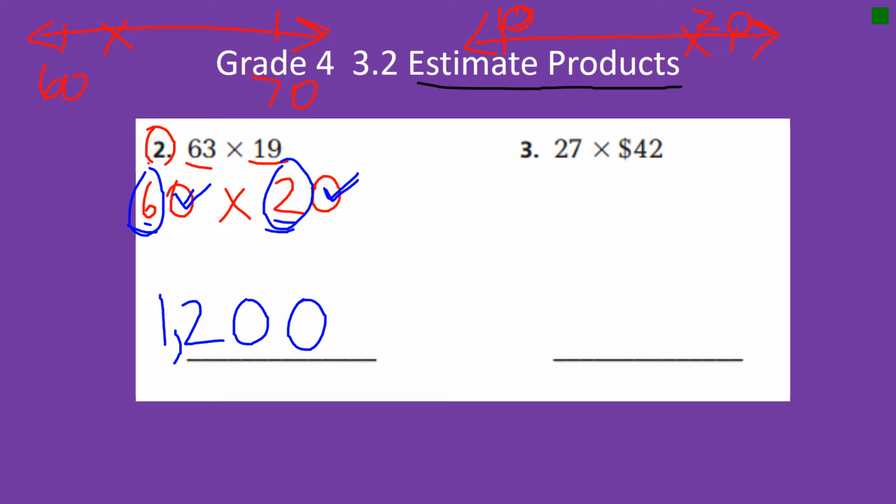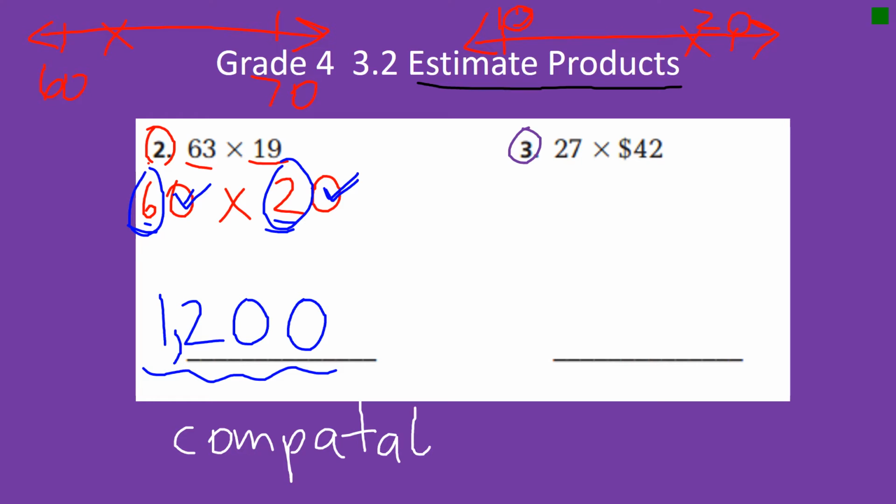Okay, guys, so we just completed this one with rounding, okay? We're going to do number 3 using compatible numbers, okay? I'm going to write that down for you. Is that an I or an A? It's an A. I just checked. Compatible. Okay? Oh, shoot, it's an I. You see that, boys and girls? Everybody makes mistakes. Compatible numbers. Okay? All right, so